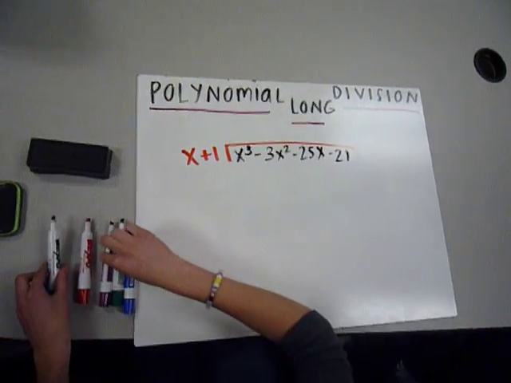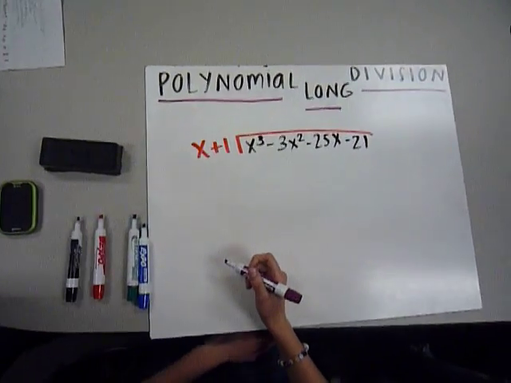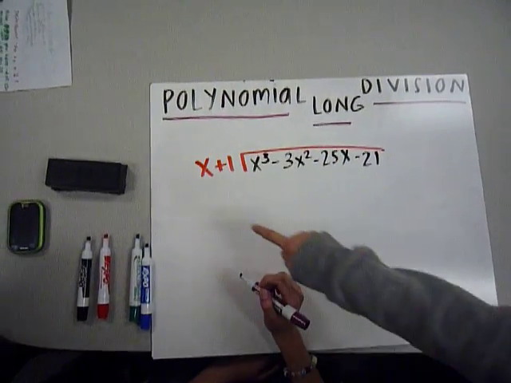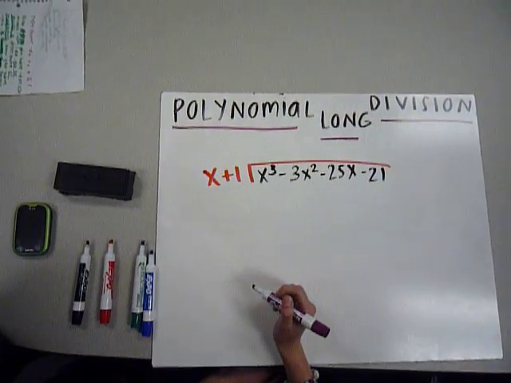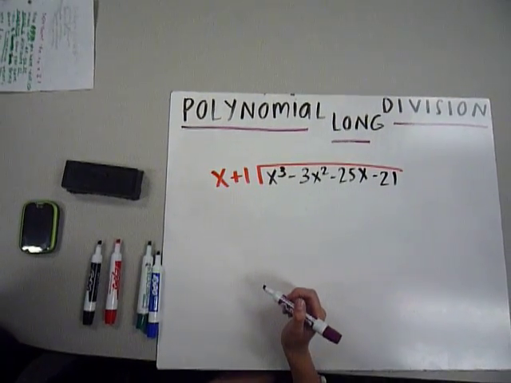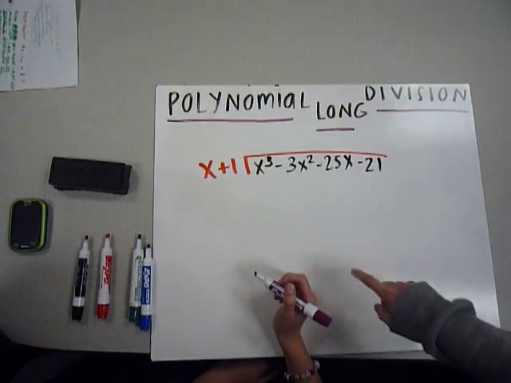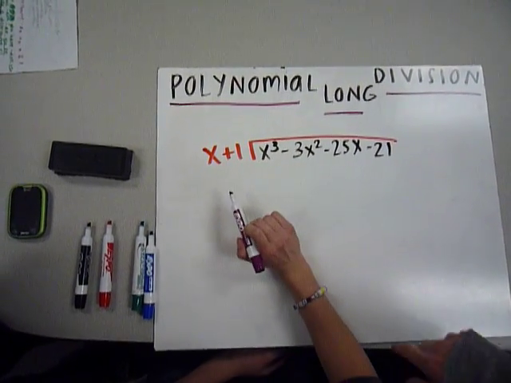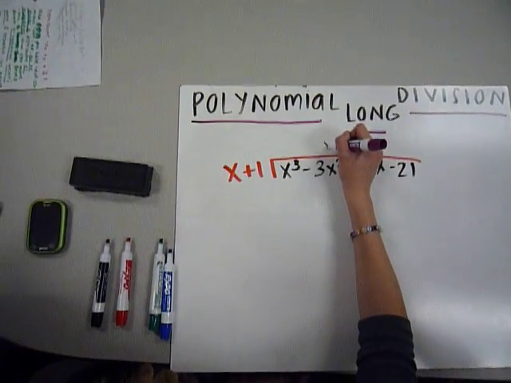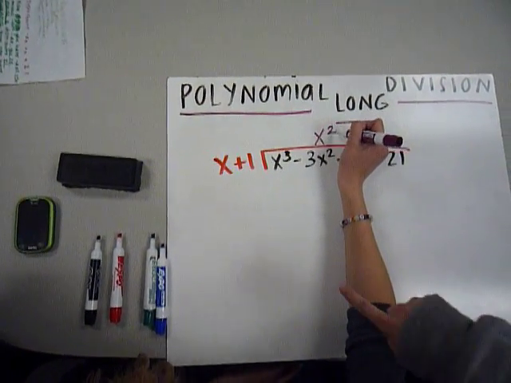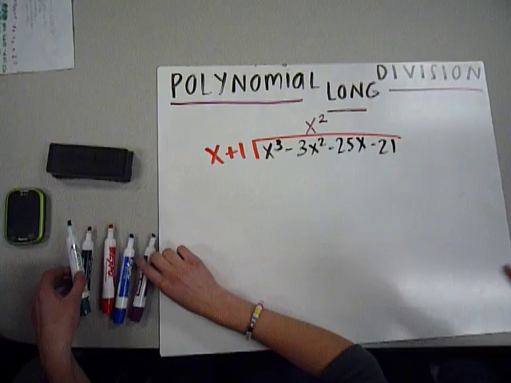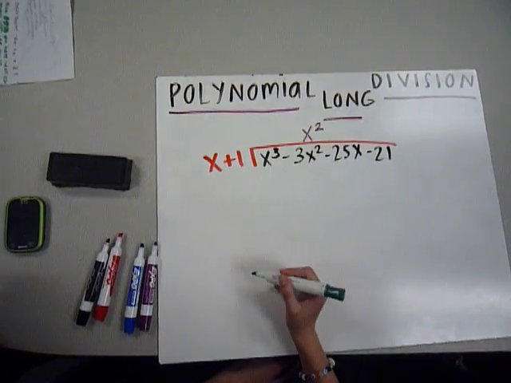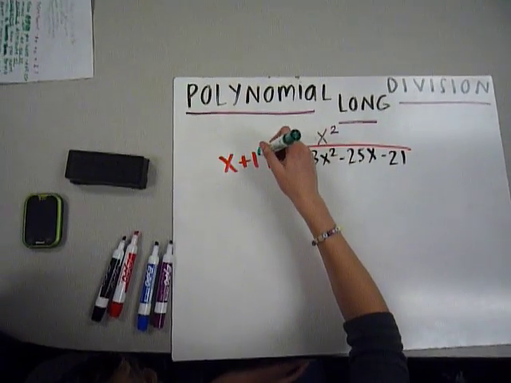So first off, you have to remember that in normal long division, you take the number and divide it into all parts of the equation. But here we have two numbers, x and positive 1, so you have to keep that in mind. First you look at x cubed and x, and you see what you need to multiply x by to get x cubed, and that's x squared. You place the x squared over the negative 3x squared, because there are two variables that you're dividing into the equation, so you have to move the written part over to the right. So you distribute x squared to x and positive 1,